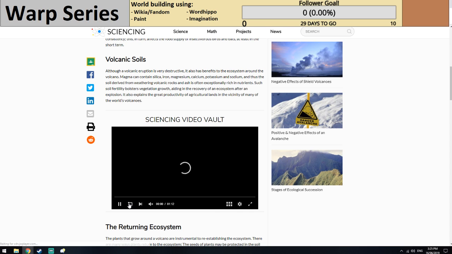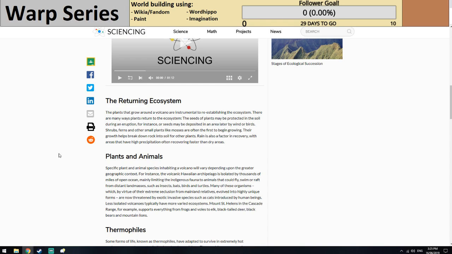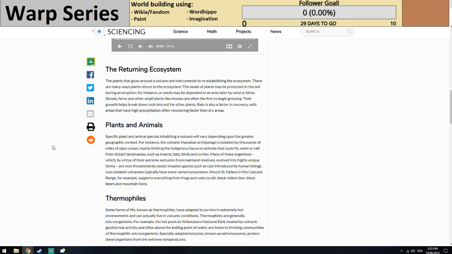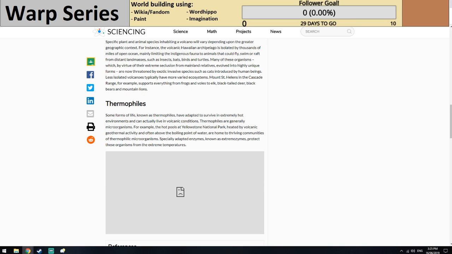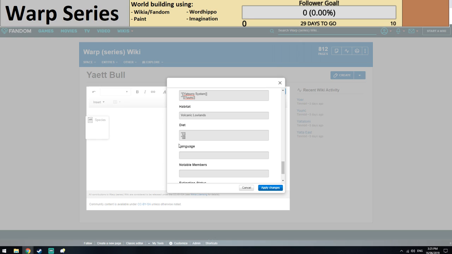Oh, don't play that video. The returning ecosystem. Seeds of plants, protecting soil, boring. They could fly, swim, or raft from distant land masses. Insects. I might make an insect that it eats. And then a plant as well. So let's call this